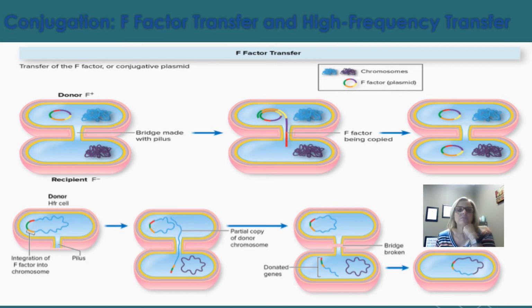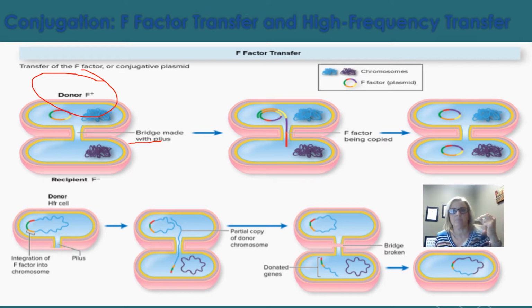So here's an illustration of the F factor in transfer. This is the F factor for E. coli. The donor cell here, this is your F positive, is going to make a copy of its F factor. It's going to transmit this through a pilus. It's going to make a bridge and transmit this to that F negative cell. And so it's going to turn it into an F positive cell, capable of producing a pilus and conjugating with